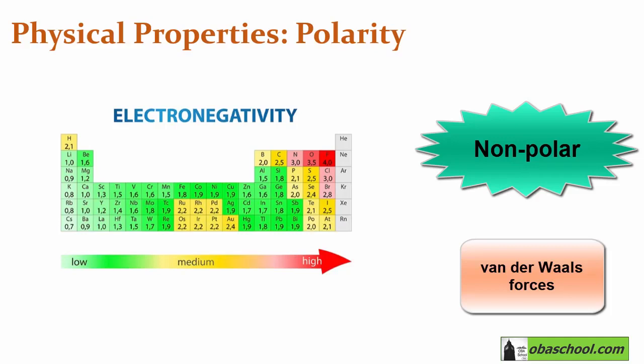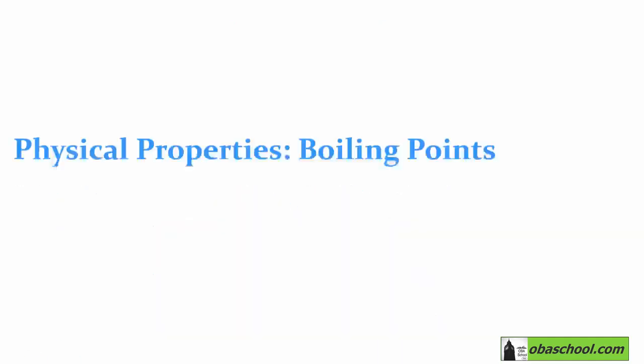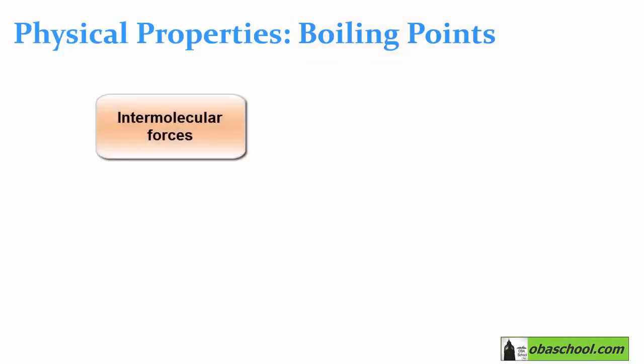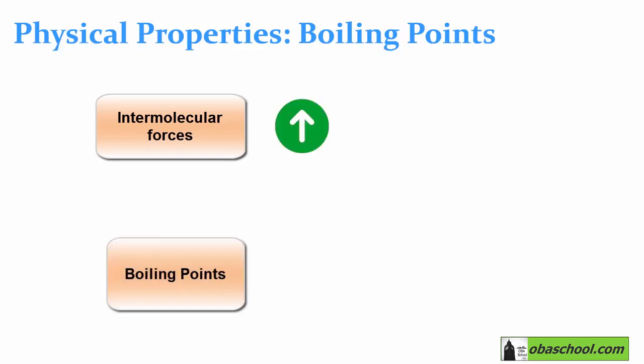So in the case of alkanes, the only intermolecular forces acting between the molecules are van der Waals forces, which are relatively weak, and as the molecule gets larger, they will become stronger. The second physical property which we will talk about is boiling points. As the intermolecular forces increase, the boiling points of alkanes increase as the chain length increases, which means that shorter